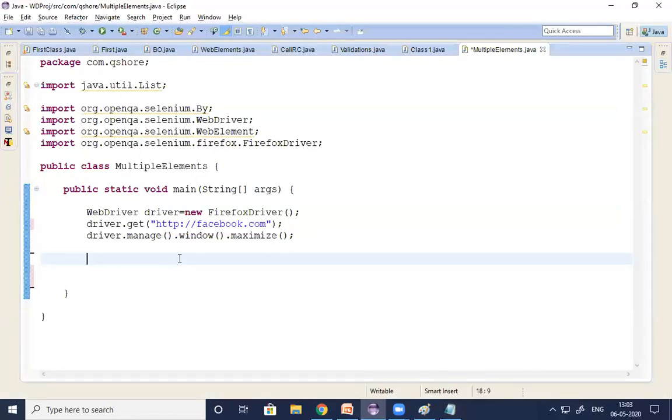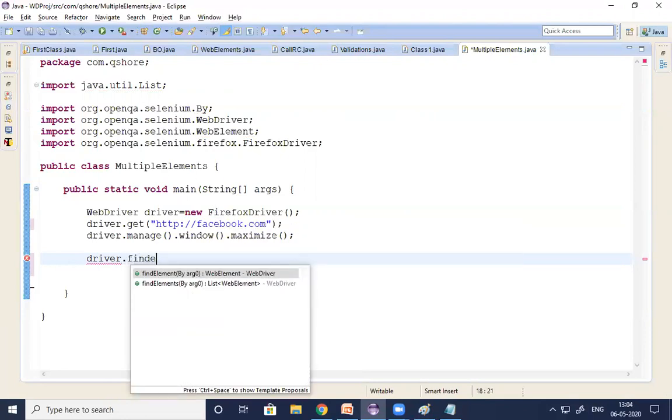How to use the tag name? Simple, guys. See, driver means whichever application you opened using WebDriver, in that application, driver dot find element. You can see find element, find elements. Two methods you can see. But what is the difference, Kishore? When are we using find element, and when are we using find elements method? This is a very important interview question, guys. I created a separate video to explain the difference between the find element and find elements method. Don't worry, but here I'll give you a quick overview.